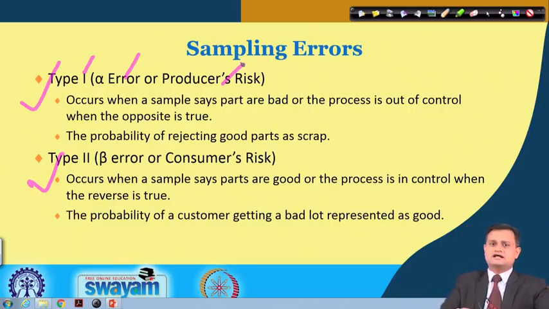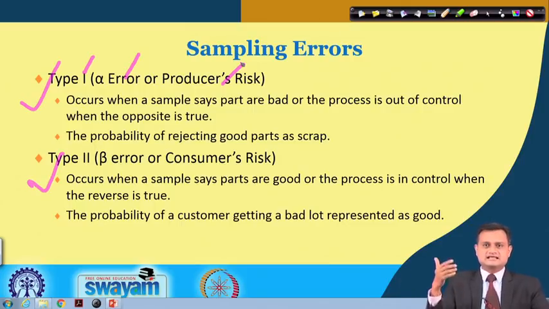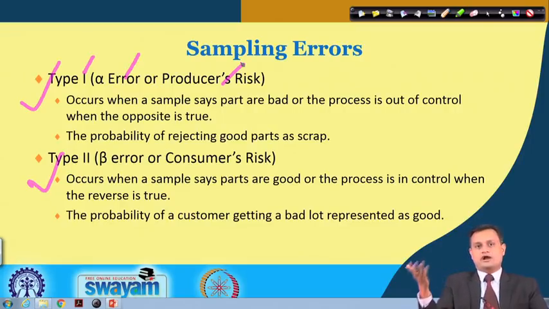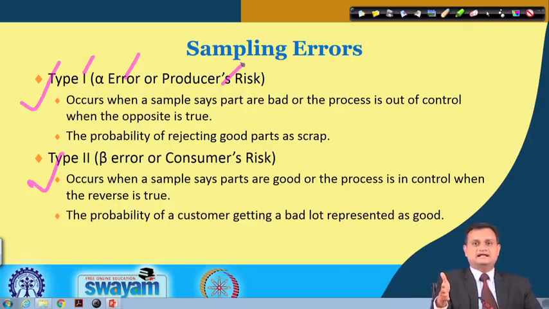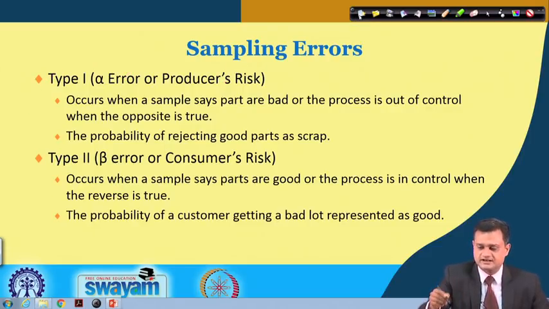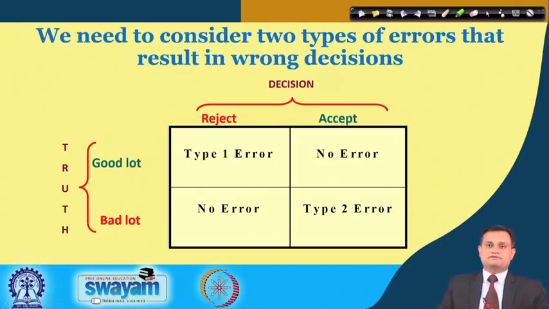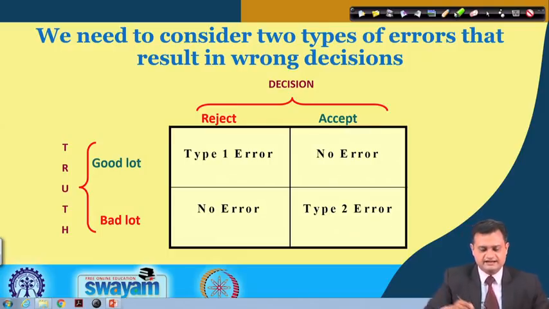If you see the type 2 error, beta error or consumer risk, whatever you say, it is the same thing. In this case, typically I am accepting the bad quality product and saying that the bad quality product is of acceptable kind, and this is where I as a consumer am at risk. So we must appreciate producer's and consumer's risk very well, so that this can be appropriately incorporated in the design of a sampling plan. Just try to see this figure, and that will give you a clear-cut idea on producer's risk and consumer's risk.